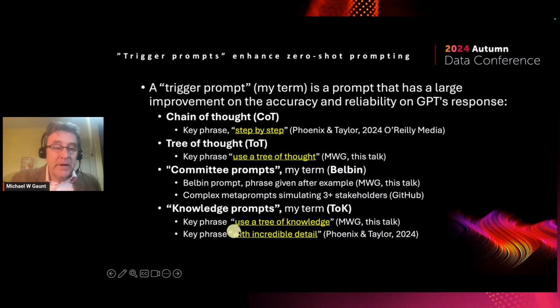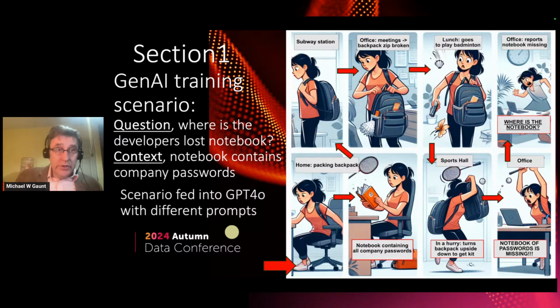Okay. Finally, there are what I call the knowledge prompts. And in O'Reilly's prompt engineering for generative AI, Phoenix and Taylor described a knowledge prompt saying that all you have to do in your prompt is just say with incredible detail, and that will trigger the LLM to give a lot more detail about the problem. In this talk, I'm going to introduce the idea of a tree of knowledge and give explanations for this. So in your prompt, you write your prompt and you just say solve with a tree of knowledge. And that will trigger a completely different response from the LLM. So I'm going to go through this as a typical